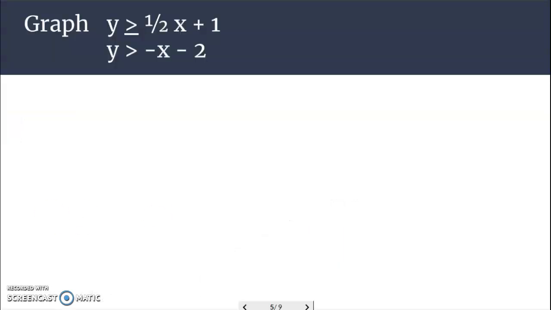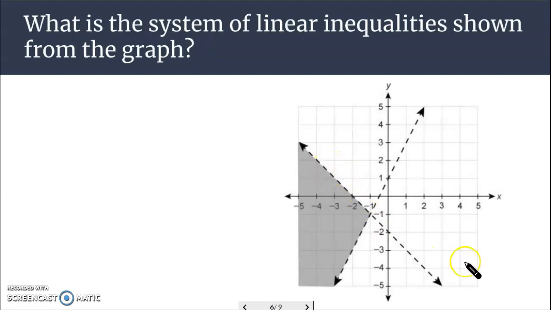All right, now we're going to look at another one where we're given the graph and we have to come up with the system on our own. What's the system of linear inequalities shown from the graph? We'll just look at one at a time. We'll look at this dashed line here in blue. Notice that it crosses the y-axis at -2,